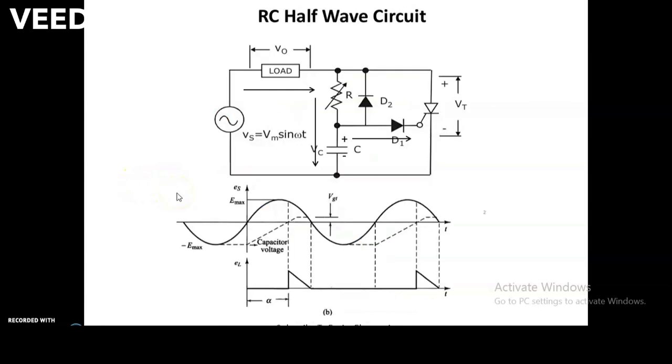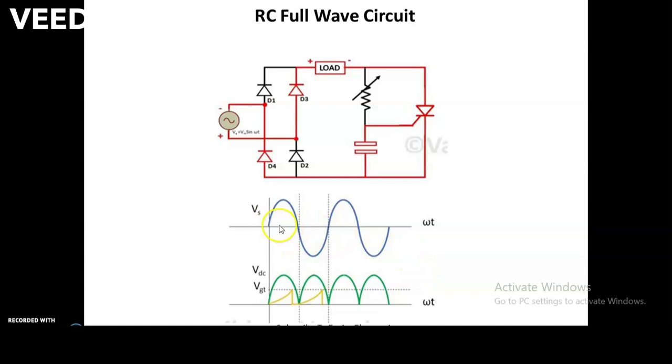From this circuit we can also say, in half wave circuit the firing angle alpha, that is angle at which SCR triggers, can only vary from 0 to 180. That is, 180 is maximum firing angle to trigger SCR, as in reverse half cycle or negative half cycle circuit is in off condition. Here from 0 to 360 we are getting firing angle. This is the working of our RC triggering of SCR.